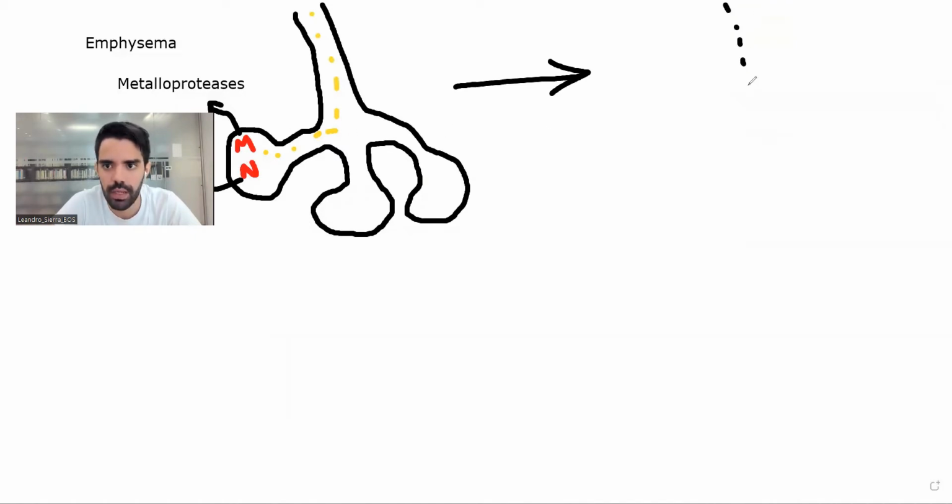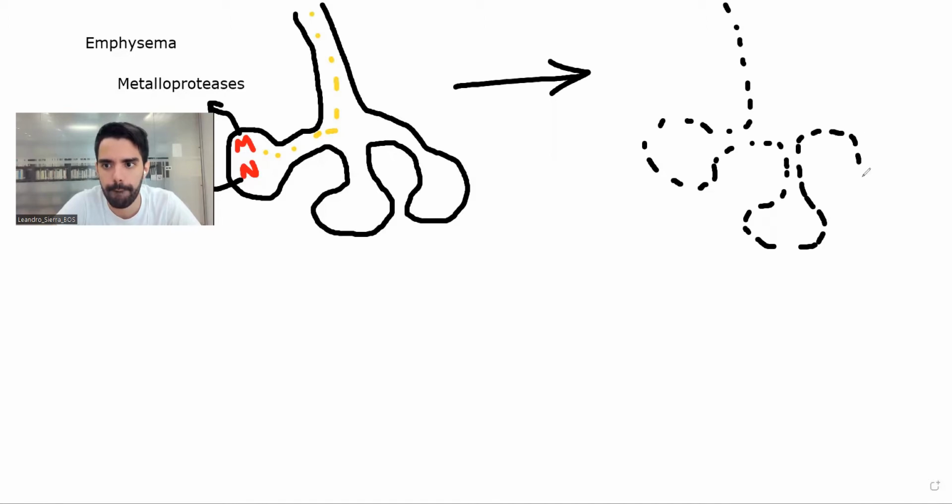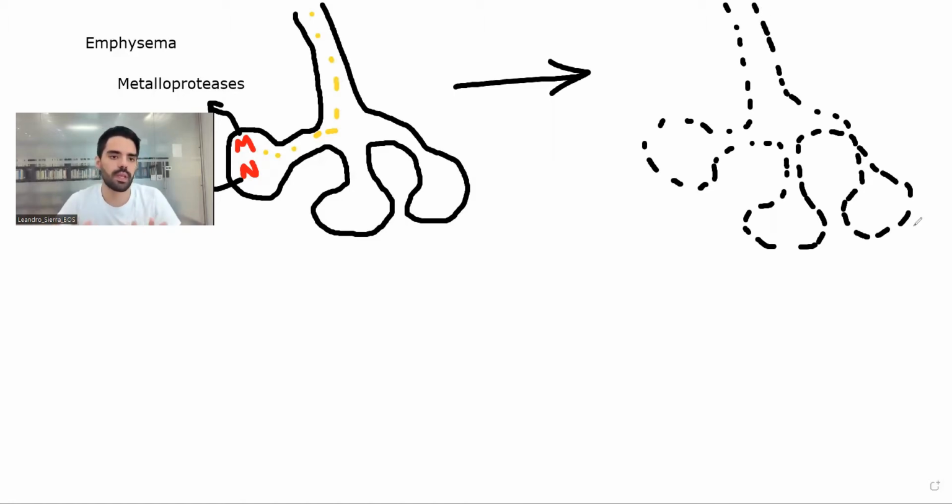It's going to look like this, right? Why is that? Because all the barrier has been damaged. So now the problem that we have here is that we have a broken wall, and